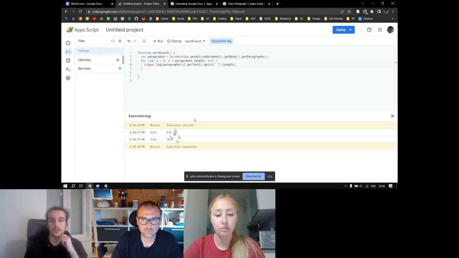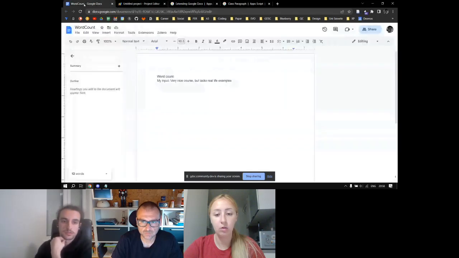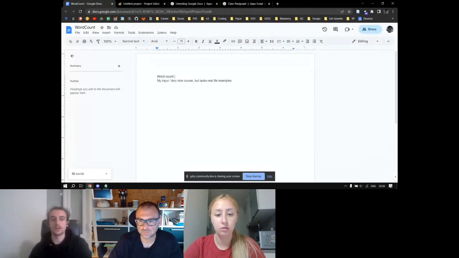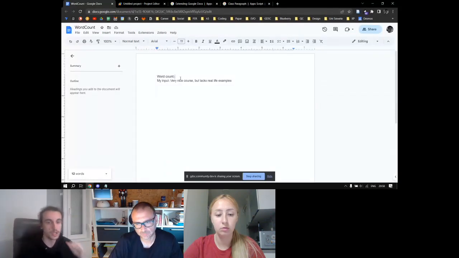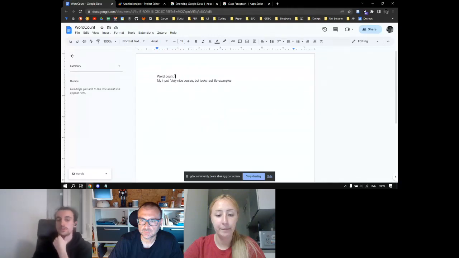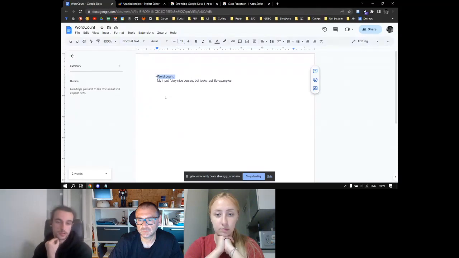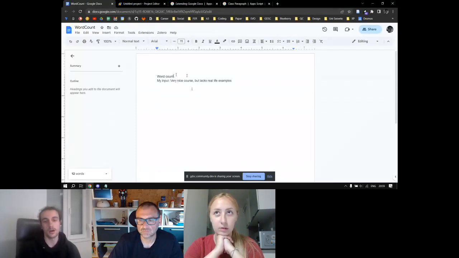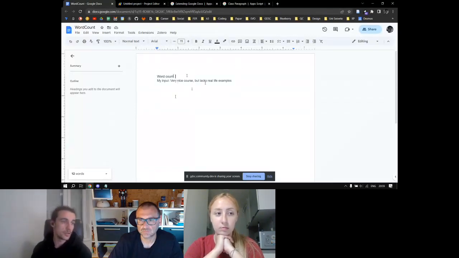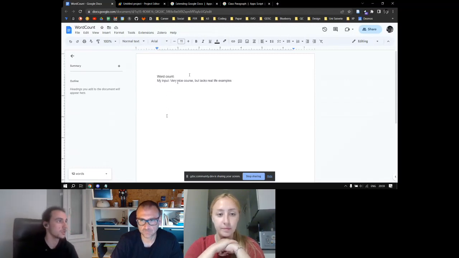in a specific paragraph. Here we can see that it's not perfect because we have a space at the end of this paragraph, so when we split it, it also gets an empty string at the end. But okay, for this one, it doesn't matter because we want to count this one. We intentionally put the space just to make room for the number of words in the next character.